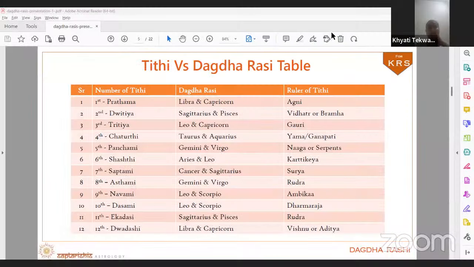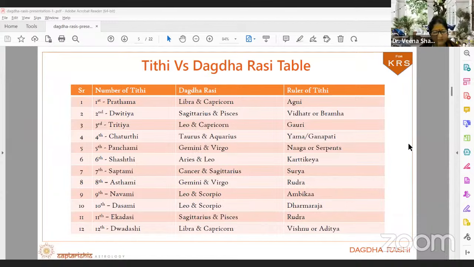So 6th house, if the Dagdha Rashi is there, that means 6th house is your health and diseases, etc. Dharma Raj, that means you got to follow. You can't be a smoker, drinker, eat anything, sweets and all that. So there you have to be careful. This way you have to use the devtas. Understood, everybody, Dr. Veena? Jai Shri Krishna, sir. Yes, sir. I have understood. Thank you so much, sir. Welcome.